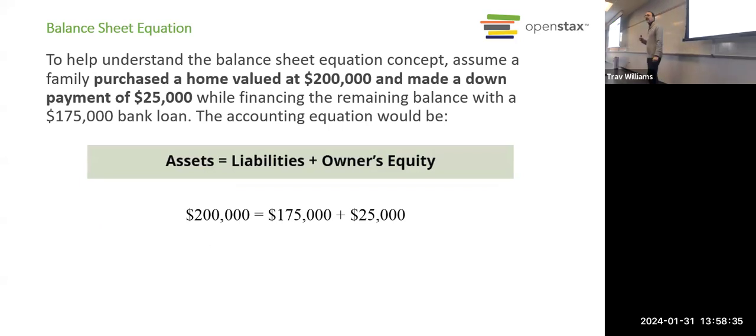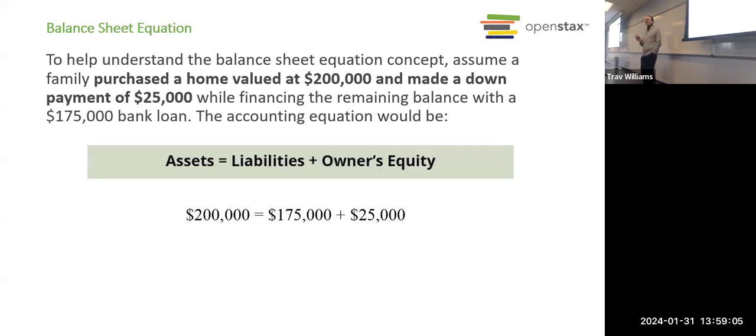We already know the accounting equation, right? Assets equals liabilities plus equity. We know that you could say that in different ways, right? We could say assets minus liabilities equals equity. Let's just look at this example. If we buy a $200,000 house and we take out a $175,000 mortgage, our equity in the home is $25,000,